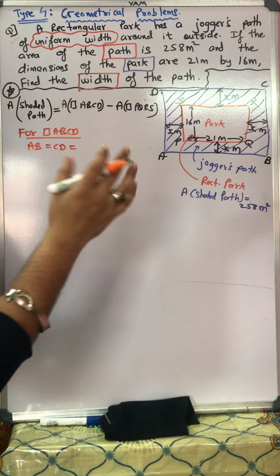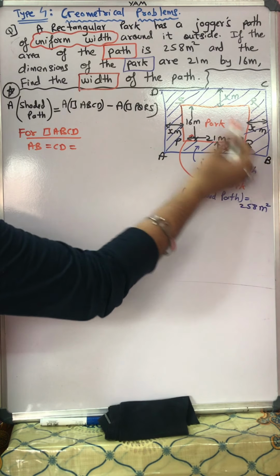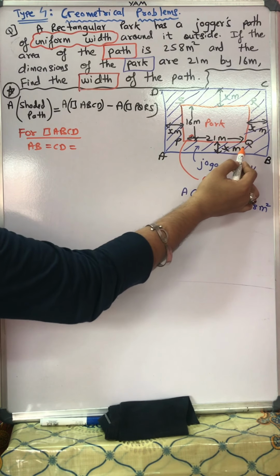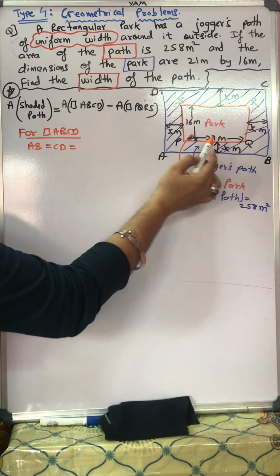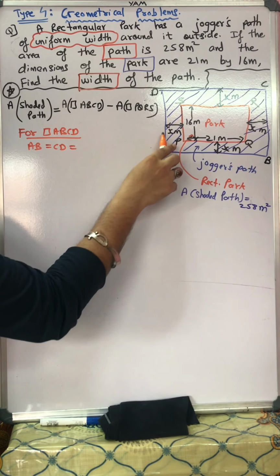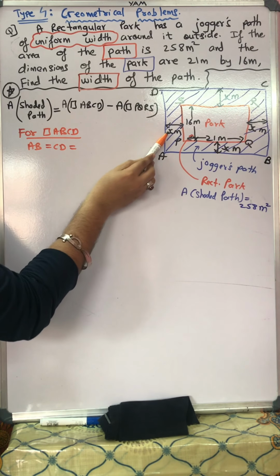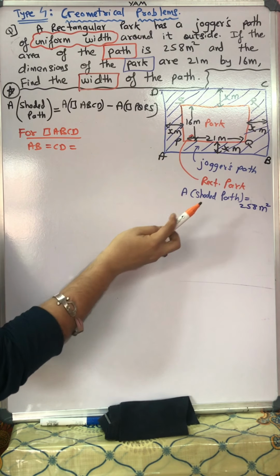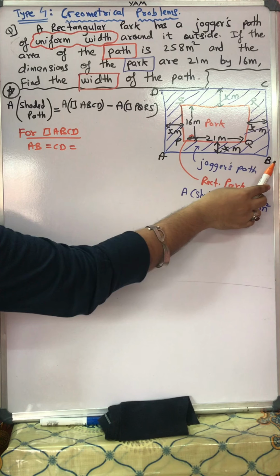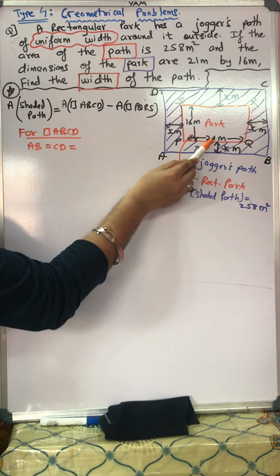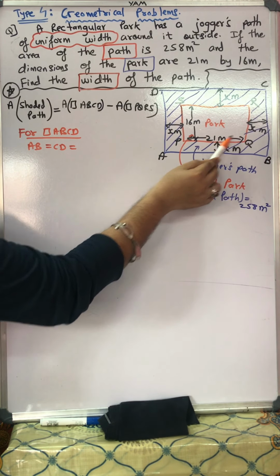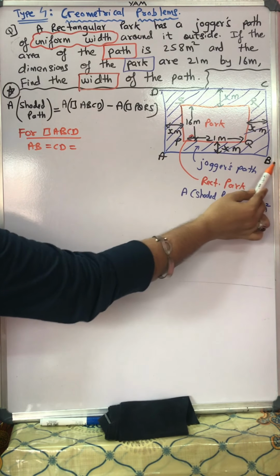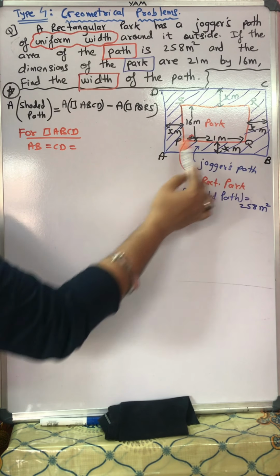Now pay attention carefully, students. See the diagram. AB is equal to CD, opposite sides. But what's the difference between AB and PQ? PQ is 21, but we have an extra part here, this much is extra part, and here this much is extra part. But this extra part has the value X, and this extra part also has the value X. So if I want to find AB, I just have to add into 21 this X, and also this X. So X plus 21 plus X gives me AB.